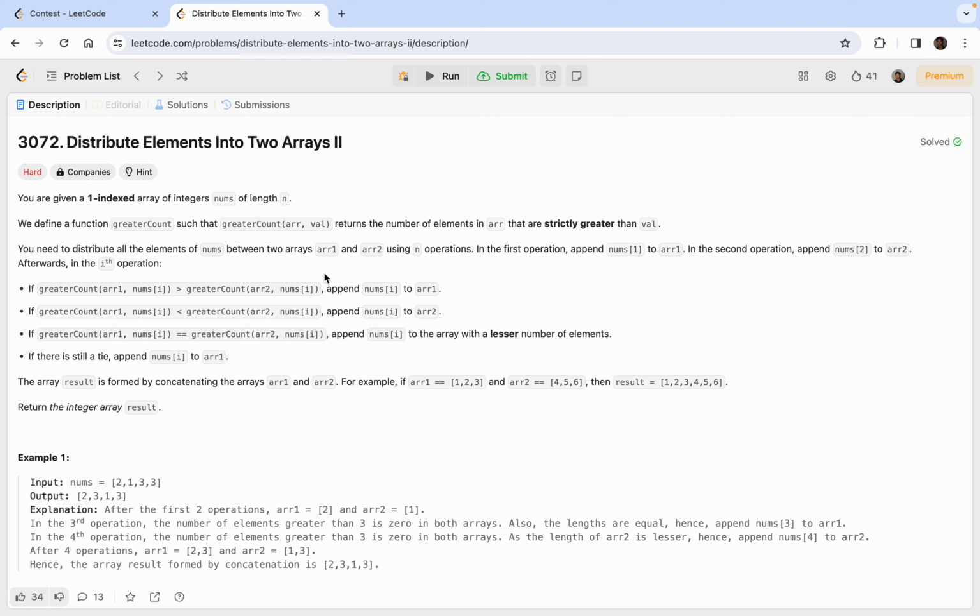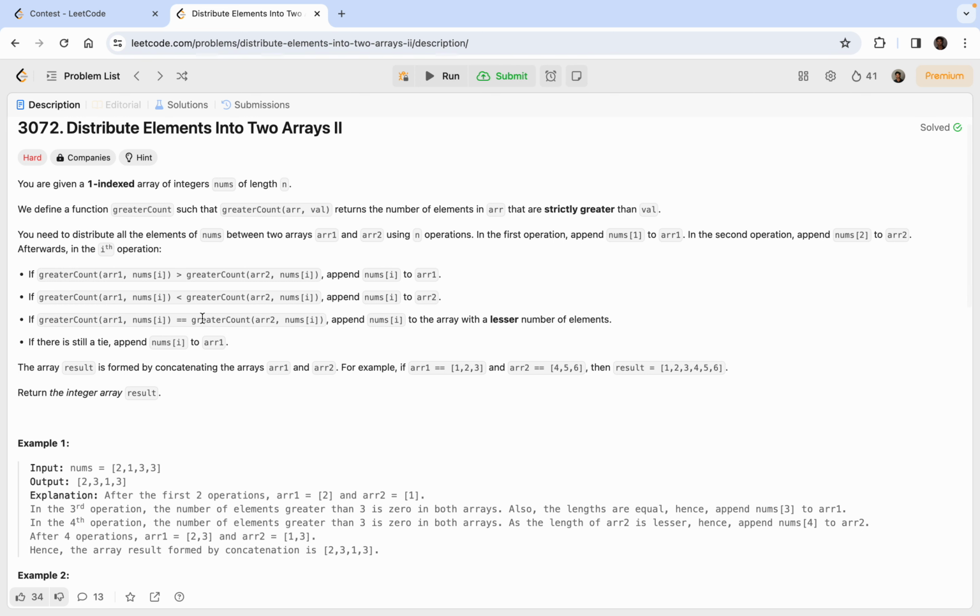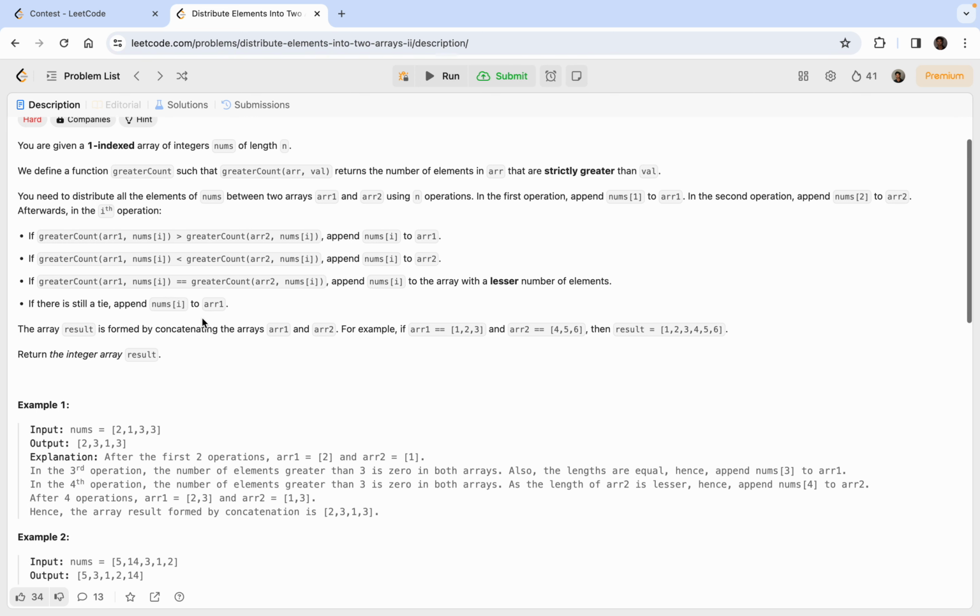In the first operation, just append the first element to array 1. In the second operation, append the second number to array 2. Afterwards, we need to check if the greaterCount of the current number in array 1 is greater than the greaterCount of the current number in array 2, then we'll append to array 1. Okay, fine. So the question is, first of all, we'll start with